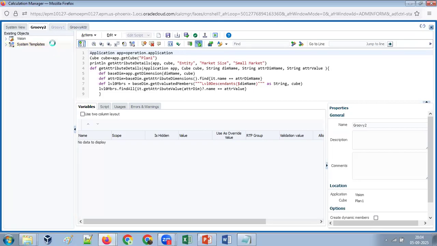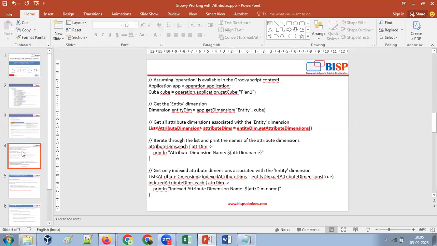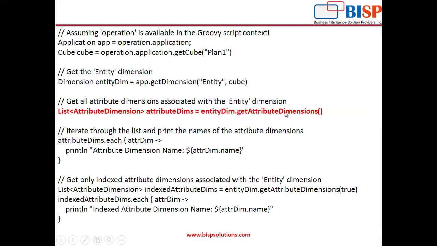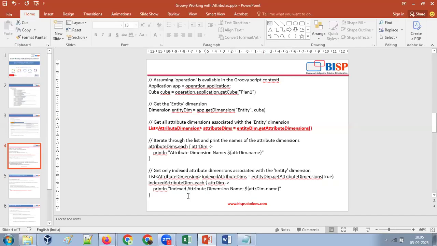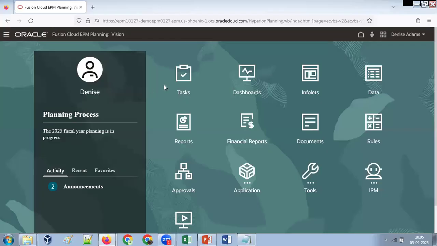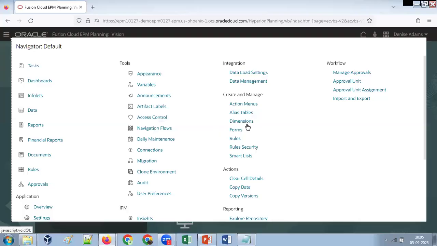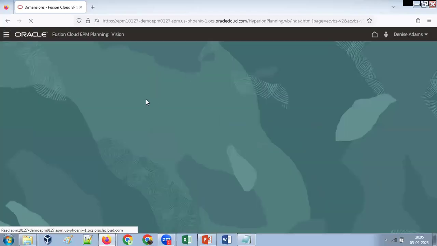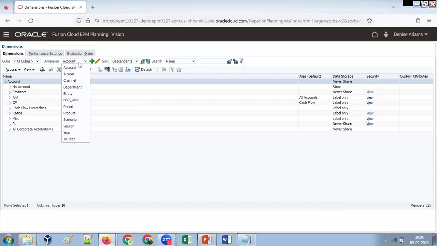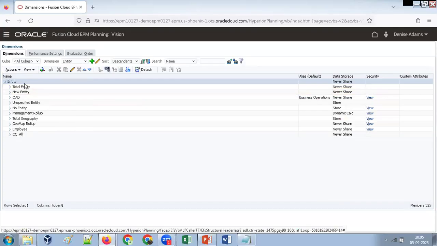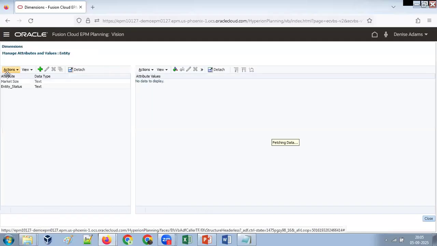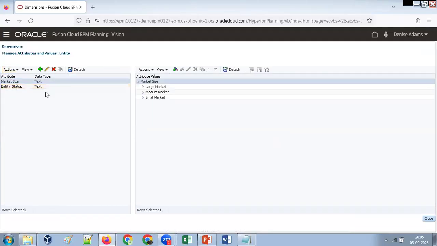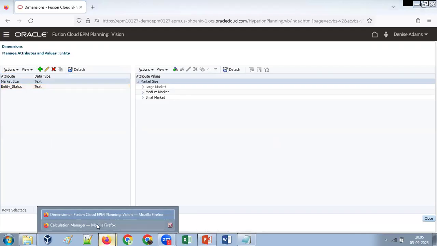When you run this code, it is a little sluggish. It simply displays the attribute value. Maybe I show it in the PPT. This is the code we ran last time. When you execute this, it displays all the attributes associated with the dimension. In our example, I use the entity dimension. Let's quickly check. The entity dimension has got two attributes, market size and entity status. So when I run this code, it is going to display both